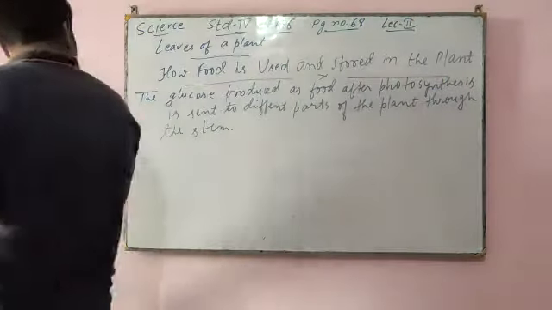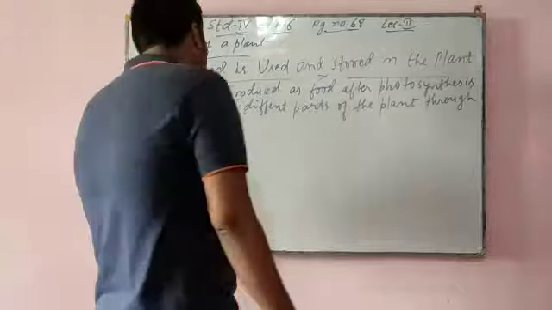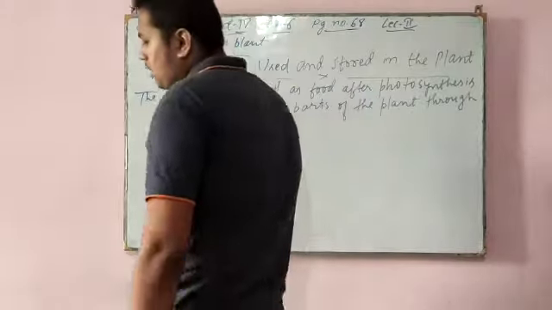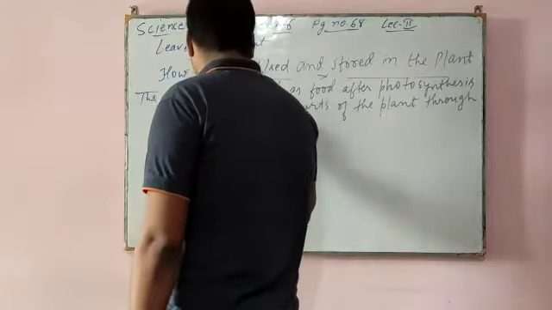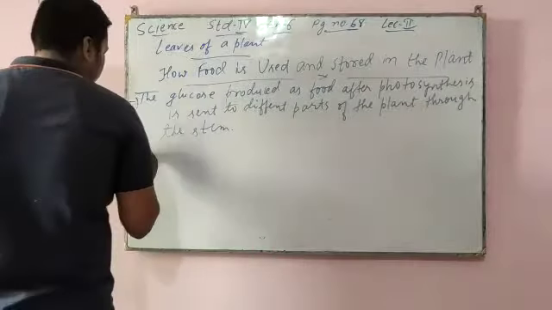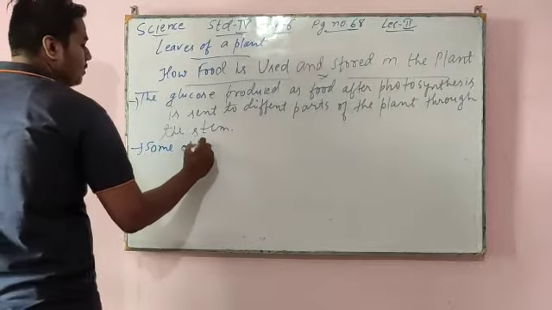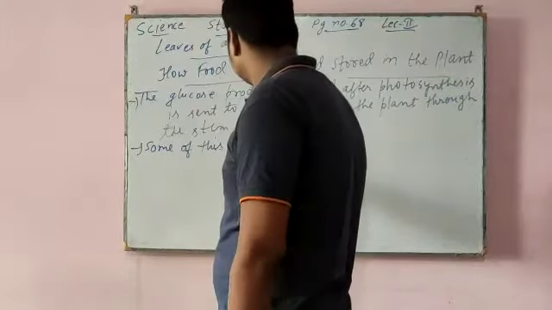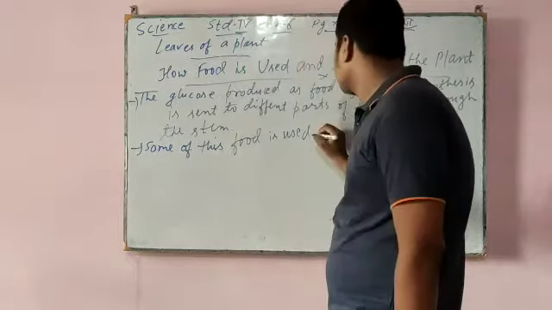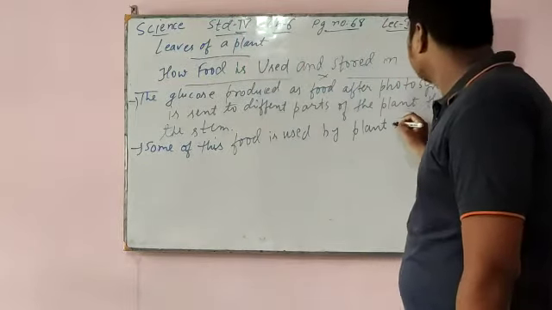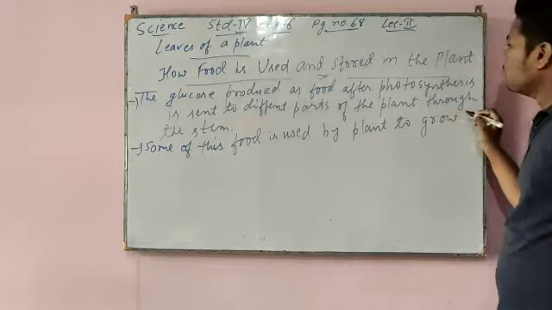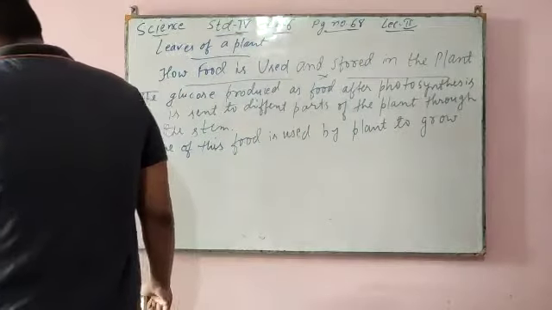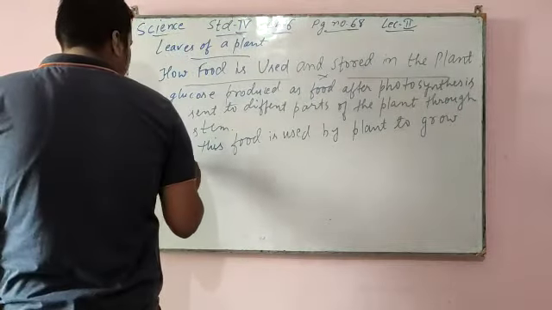2. So the glucose produced as food after photosynthesis is sent to different parts of the plant through the stem, and some of this is used by the plant. This is the first point. Some of this food is used by the plant to grow. Whatever food is in the plant, it is in the form of glucose, and the rest